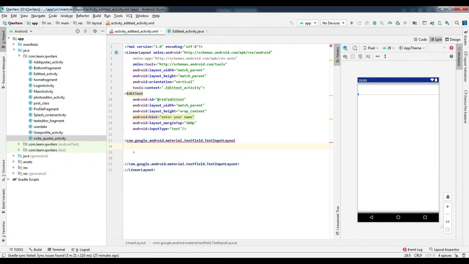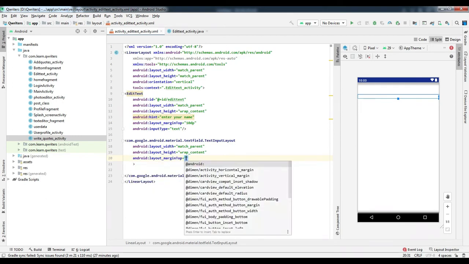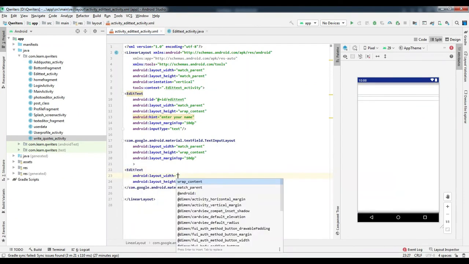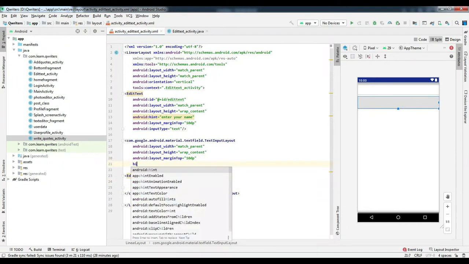Under that, we will specify the width match parent and height wrap content, and layout margin top 10 dp. Then specify the edit text inside, with width match parent and height wrap content.